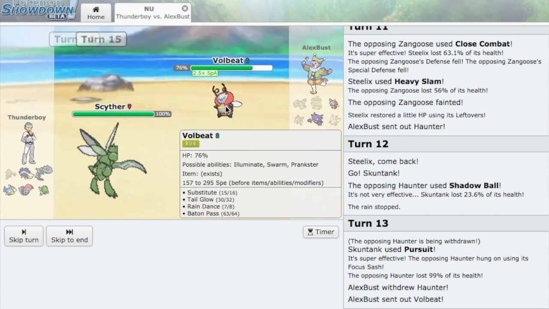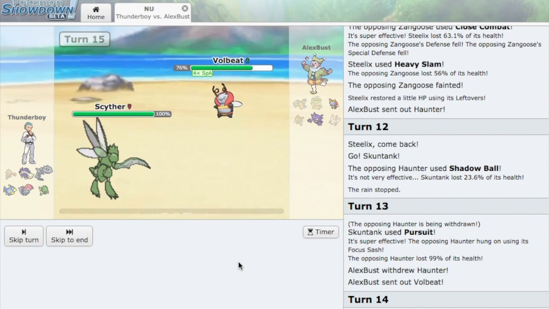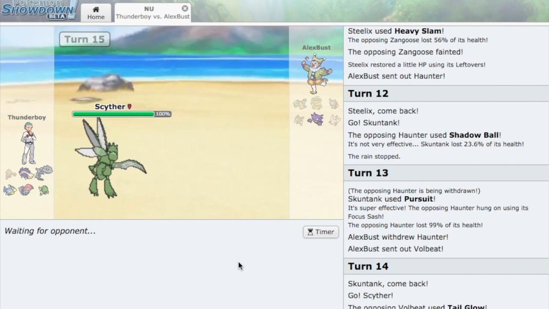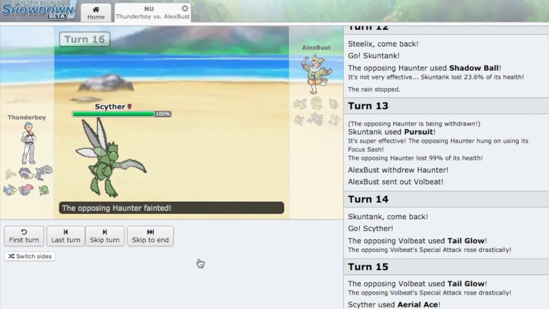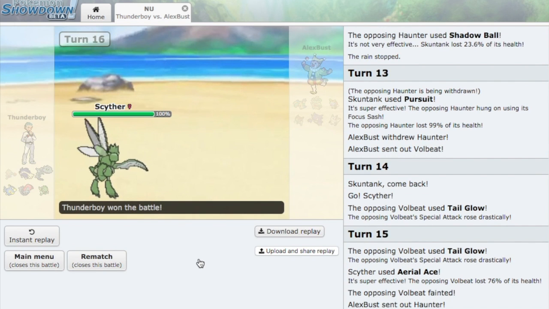I just went to Scyther. Scyther outspeeds Volbeat and can just Aerial Ace. Why would you do that? Dude! I already revealed Aerial Ace. Oh my god, this guy is terrible. Okay. Scyther and Hitmonchan put in the work together. Oh my god, this is just...